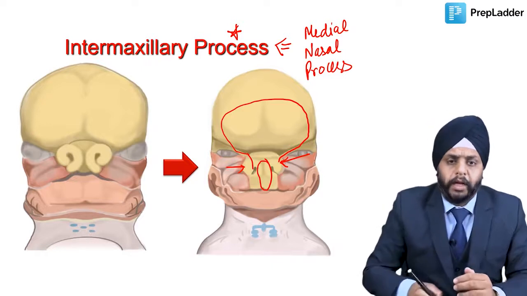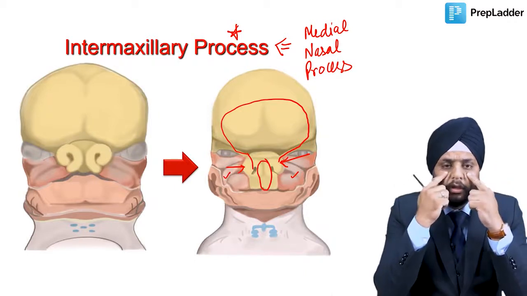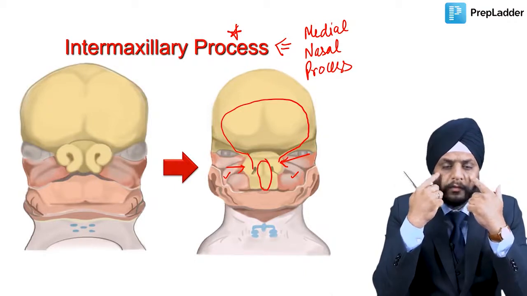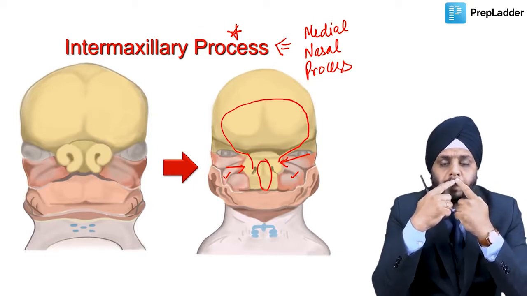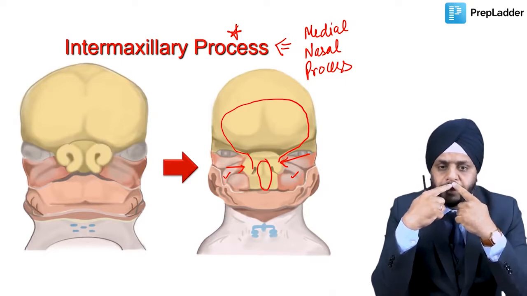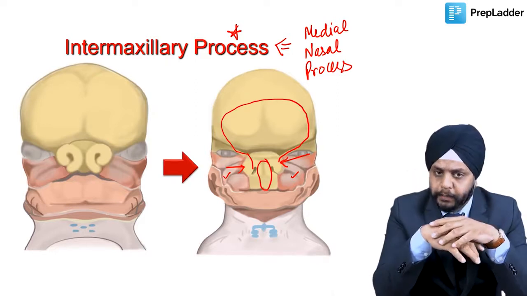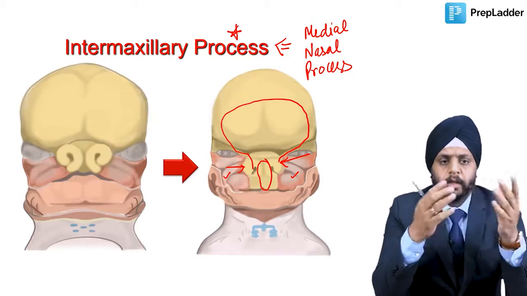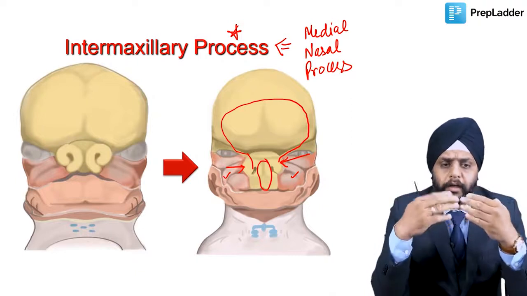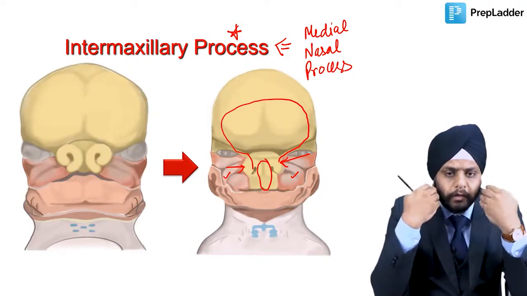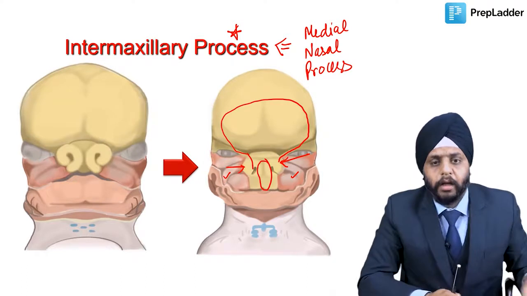Okay, now let's look over here. The maxillary process on the two sides has grown and forms the cheek. Okay, so outside on the face, it has formed the cheek and it has formed the upper lip, except the central part, except the philtrum. So it has formed the upper lip and the cheek, except the central part of the upper lip, which was formed by the intermaxillary process. Now, the mandibular process has come and fused in the midline. So it has formed your jaw, it has formed your lower lip. Okay, so that all has been formed by the mandibular process.